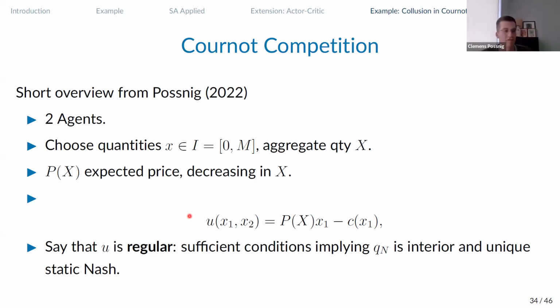And we're going to think about payoff functions that are very well behaved. So we're going to call regular payoff functions those payoff functions under which this stage game has a unique Nash equilibrium that is interior and is therefore also globally attracting for players that only play stage game strategies. But we don't care about stage game learning here. We want to know about repeated games.